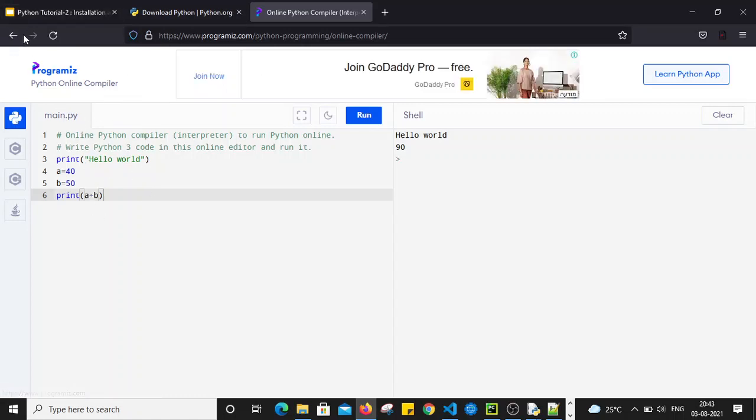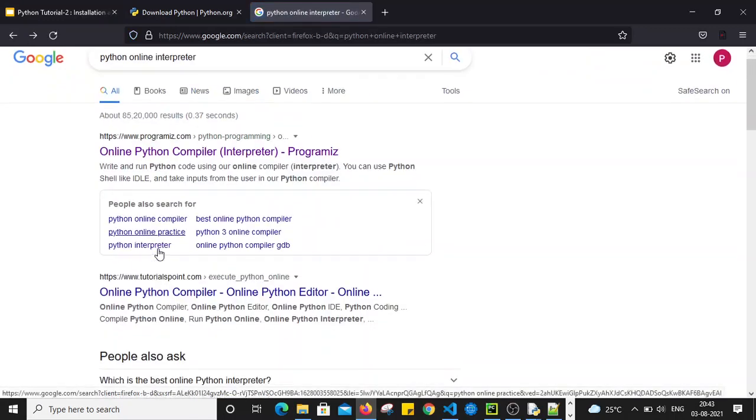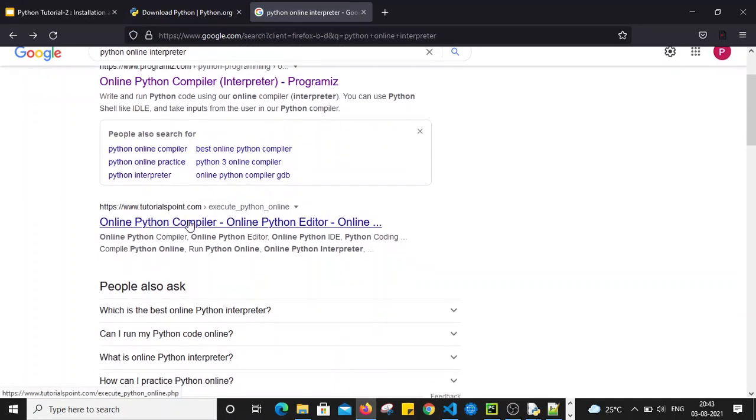If this is one website, we can also go to another website. For example, there is another website as well. Even Tutorials Point is providing an online Python compiler.